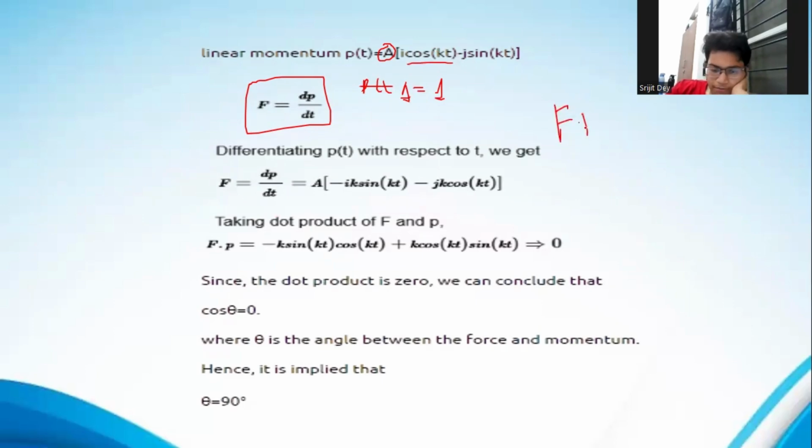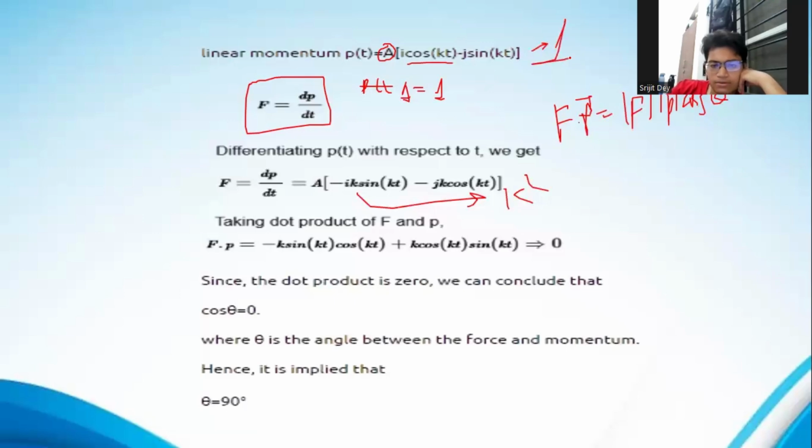Therefore, you know f dot p is equal to mod f mod p cos theta. Theta is the angle between the two. Thus, on getting theta, the thing that you will get is that the angle between them is 90 degrees. How? Mod of f, if you do mod of f, you will get nothing but k square. If you do mod of p, you will get 1. Now, if you do f dot p,